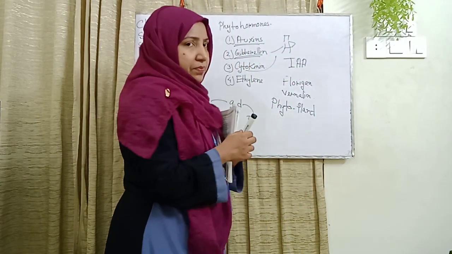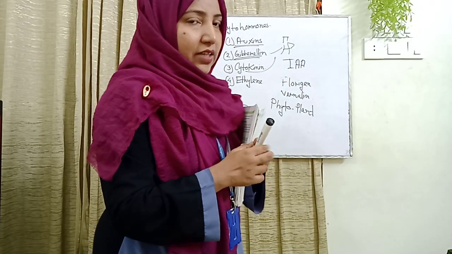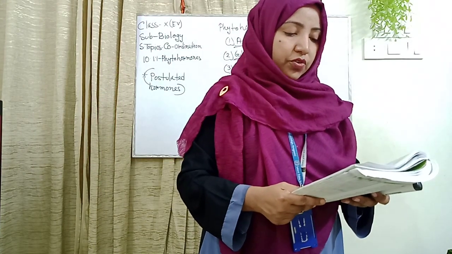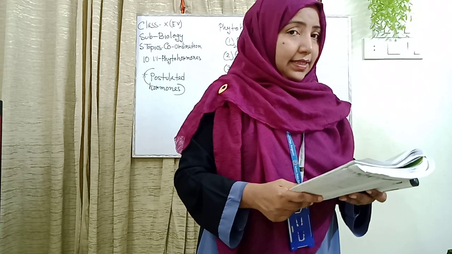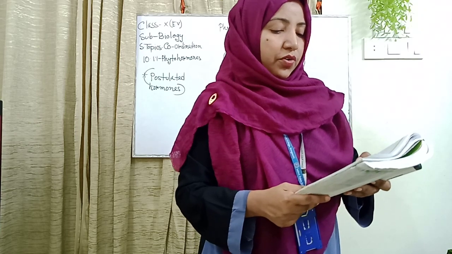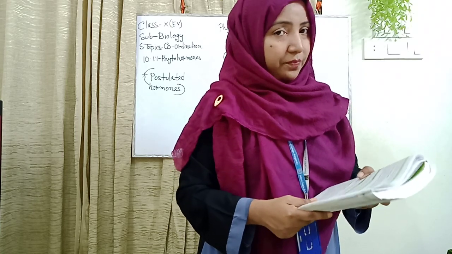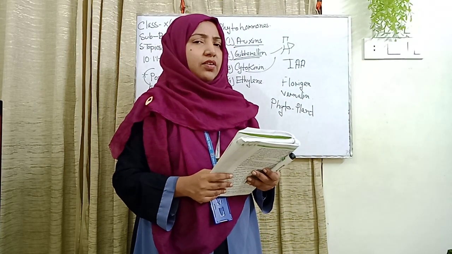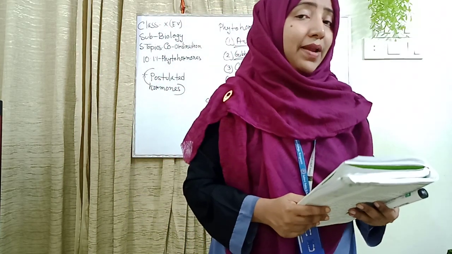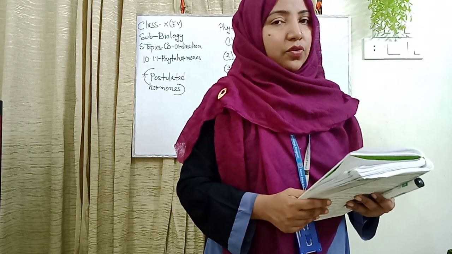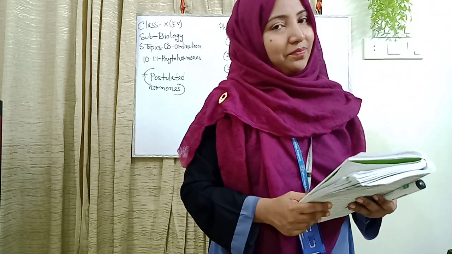Basically, it also depends on the sunlight. When it is towards the sunlight, that is positive phototropism. And the other is the movement of root away from light, which is negative phototropism. Dear students, today I just explain only briefly about the plant growth substances or the phytohormones and also the coordination of plants. Thank you.